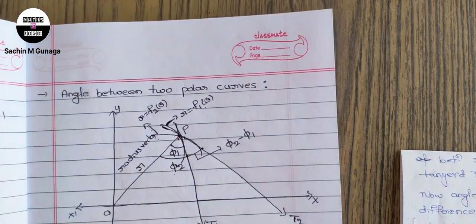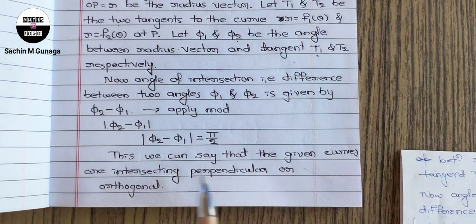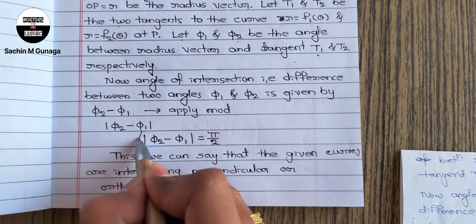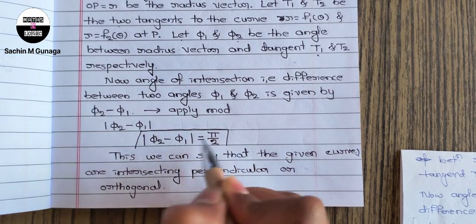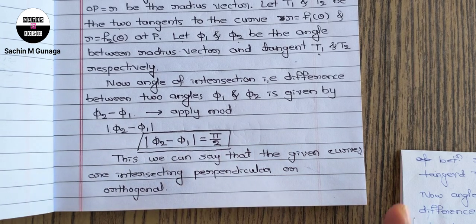Therefore, remember, the angle between two polar curves is given by mod of phi 2 minus phi 1, which is equal to pi divided by